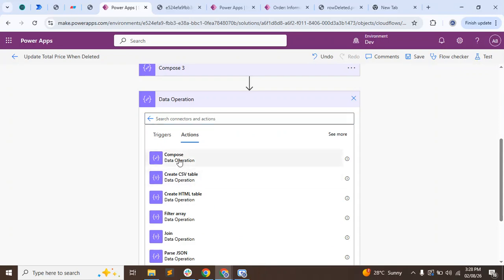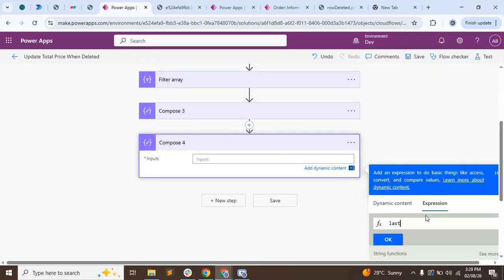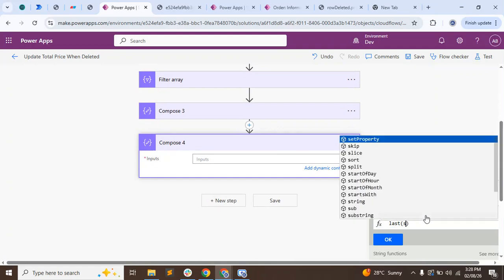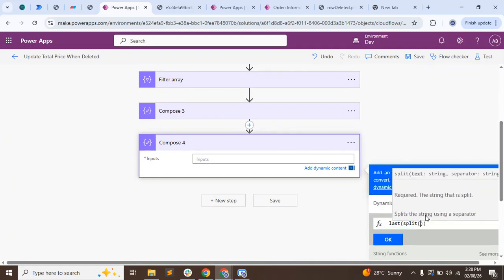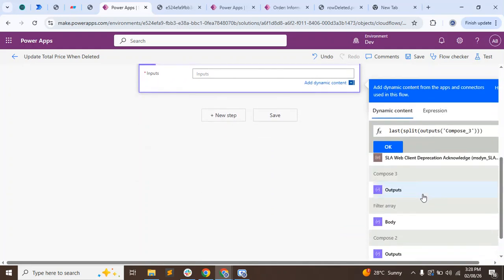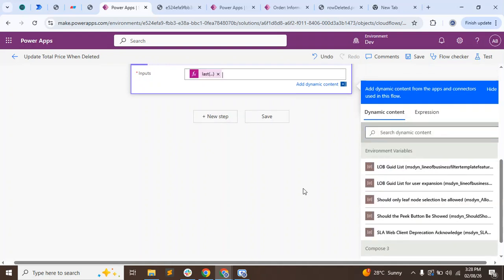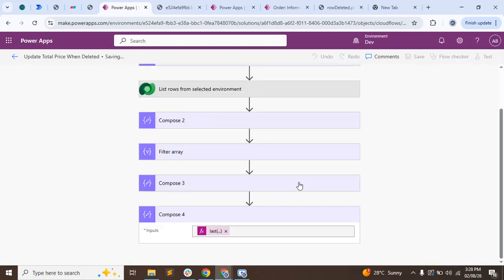So in the expression I will write last, and then split, and I need to split the compose 3 output with comma. I will click on OK, click on the save button,